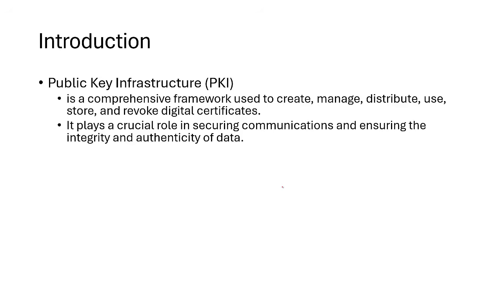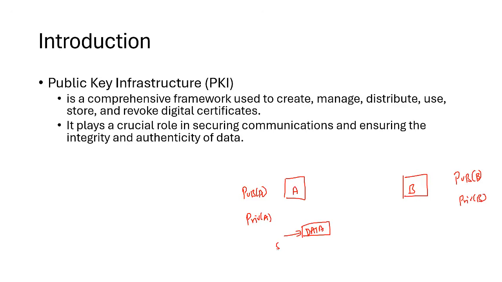See, when we're talking about asymmetric encryption, we have a system A and a system B. In asymmetric encryption we have two keys, a public key and a private key. So A has a public key and a private key. B has a public key and a private key. Now if A wants to send data, this is my data, encrypted with the session key, and we send the encrypted data